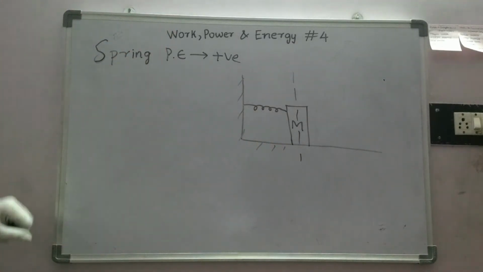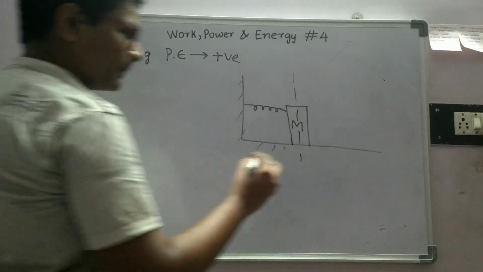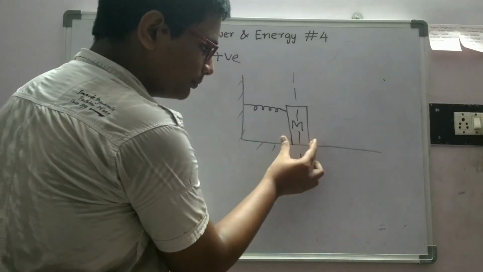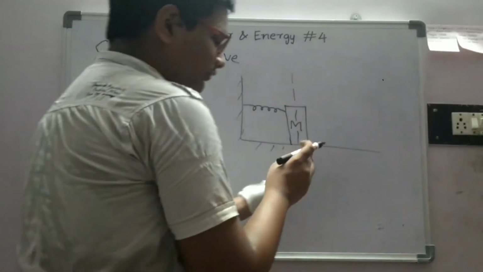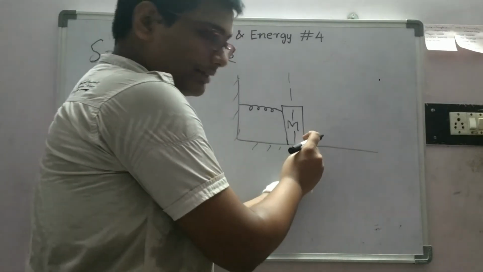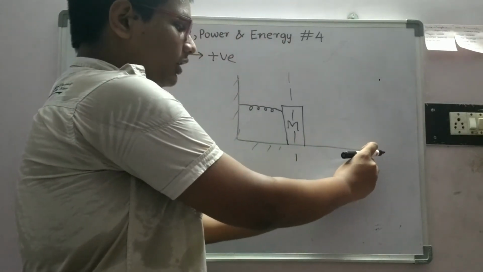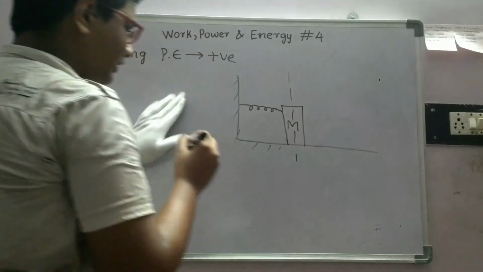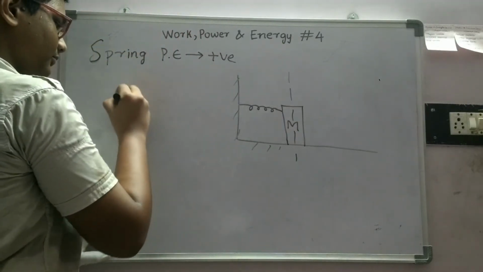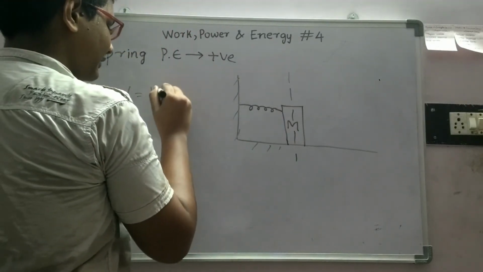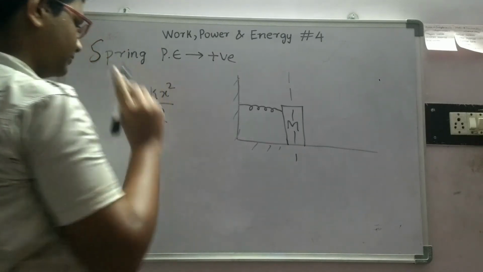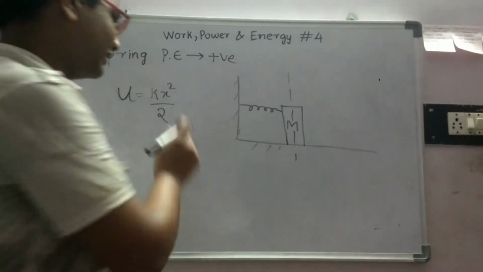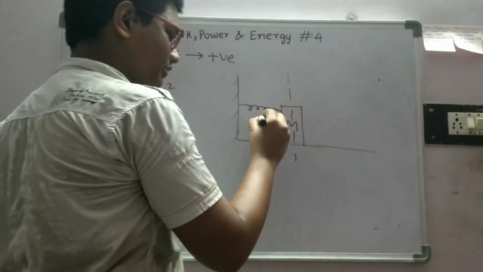Now, the change in potential energy here is, if we move block m of mass m either to the left or to the right, you will get potential energy as kx square by 2,